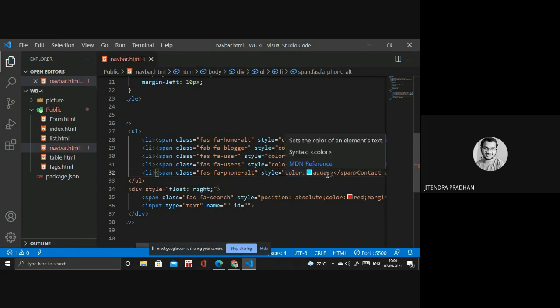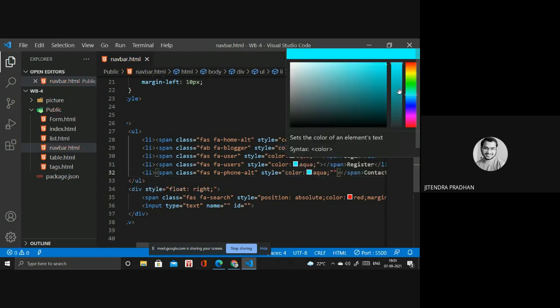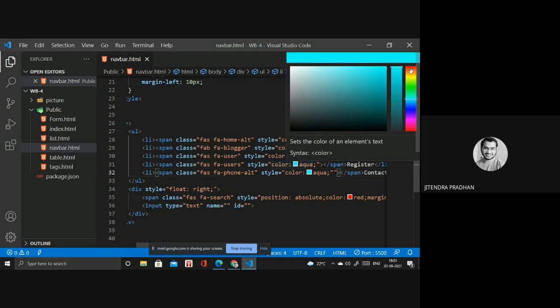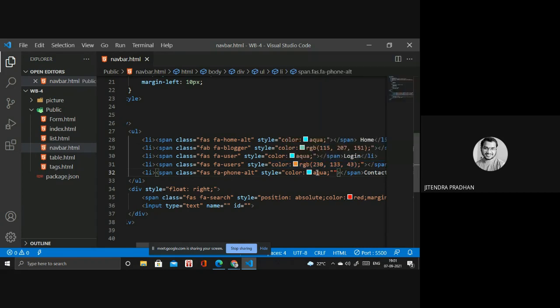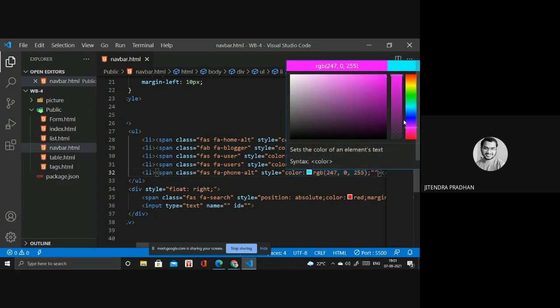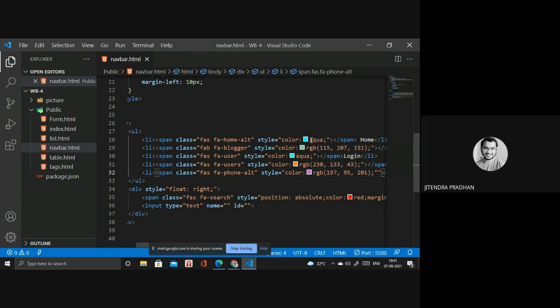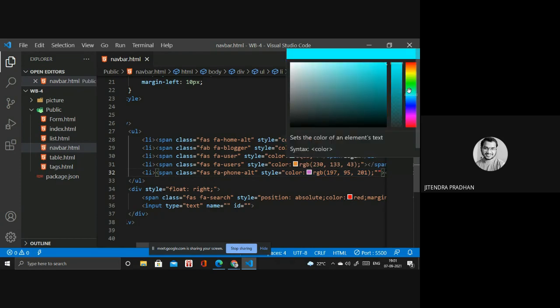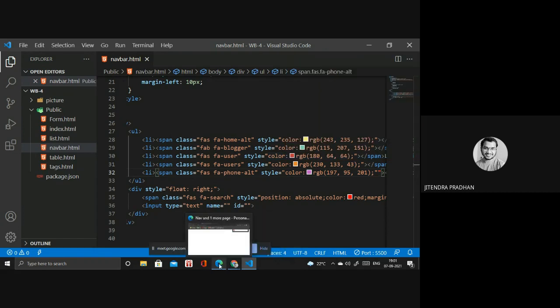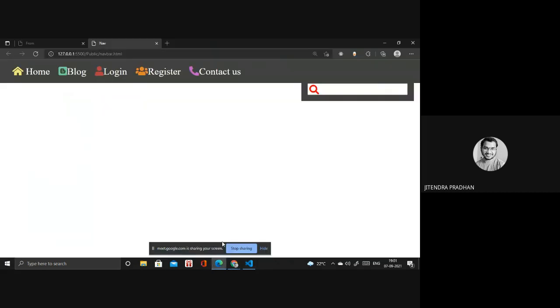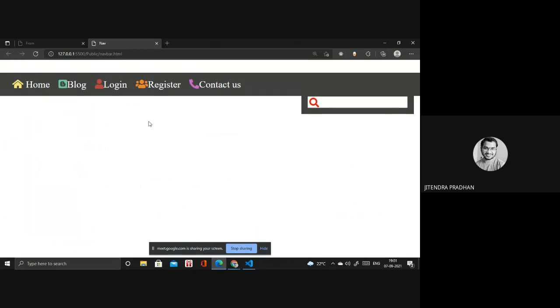Next, I will pick a color by using the color picker. Okay, so if you require a color, you can choose orange. If you require pink, then you have to choose that. Yellow, if you require it, then you have to give it. And this one, if you require another one. Okay, let's see how it looks. It looks colorful now. So I hope you got a decent idea about that one.